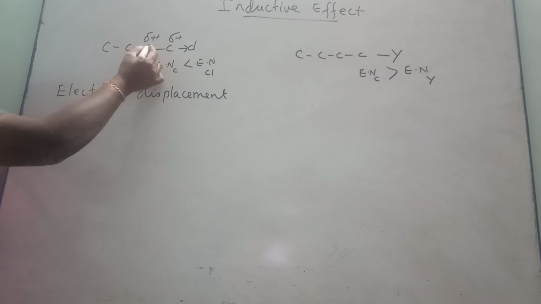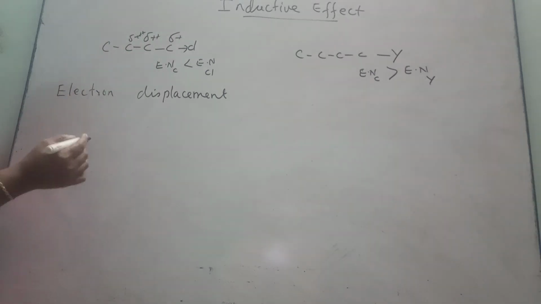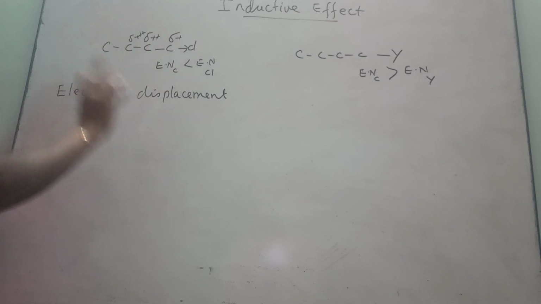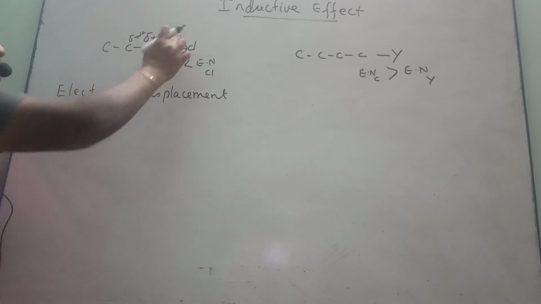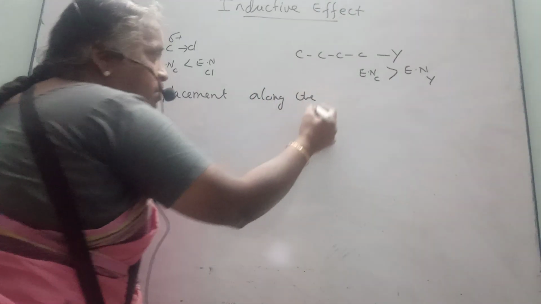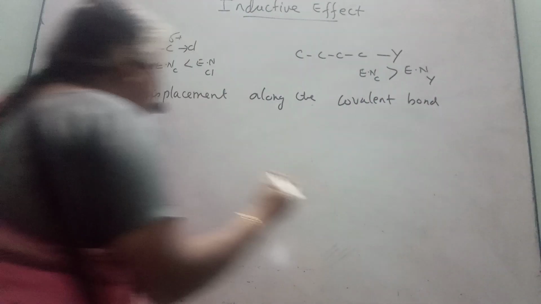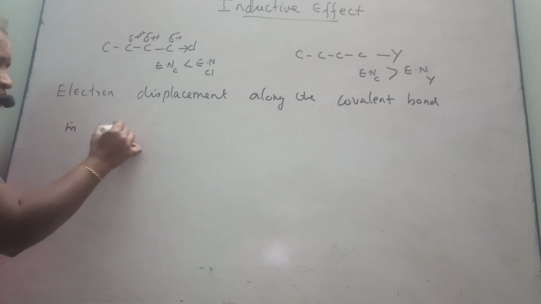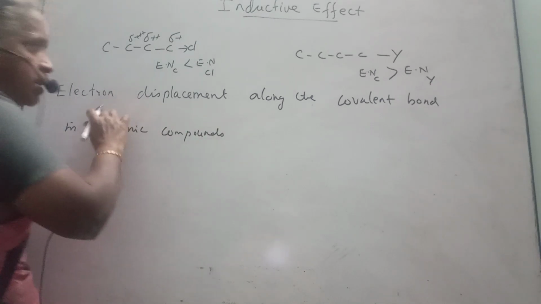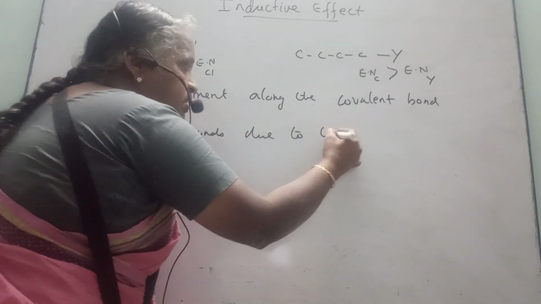Now this electron is moving towards here, so on this carbon atom there is a formation of another positive charge. Here the positive charges are not the same, it is just given for representation. So ultimately what is happening is electron displacement along the sigma bond, or we can call it a covalent bond, in organic compounds. It is electron displacement along the covalent bond in an organic compound due to the presence of